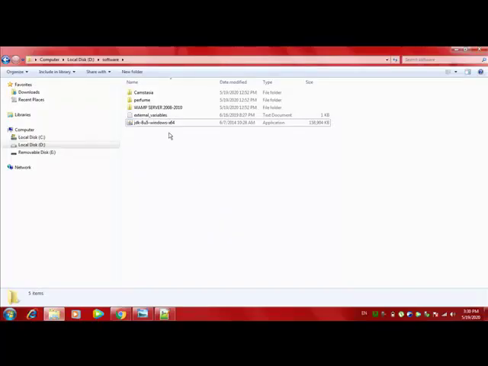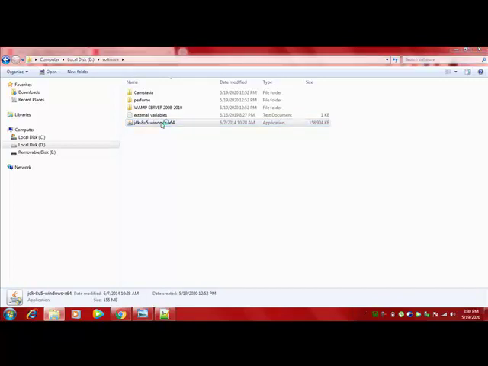Install this. Double click on it. It's just how you install usual software.